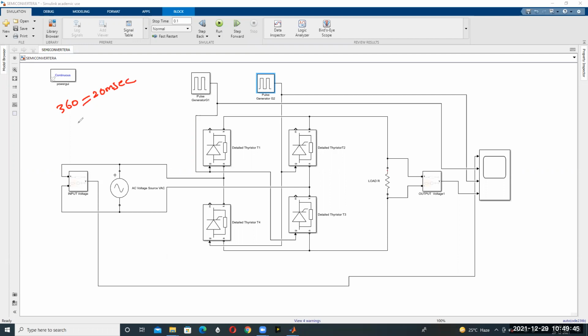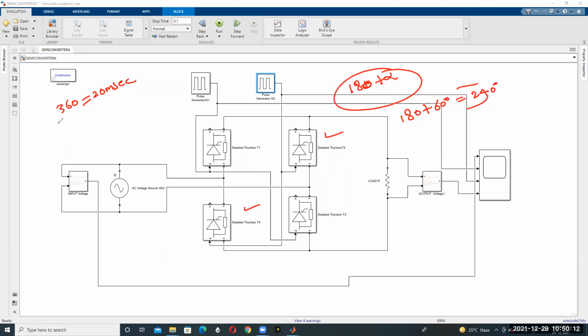That means the thyristors T2 and T4 are connected at a firing angle of 180 plus alpha. For this firing angle, T2 and T4 are conducting. So 180 plus 60 degrees is equal to 240 degrees.